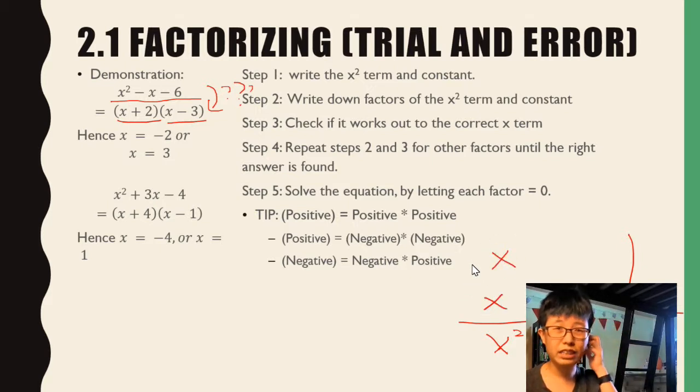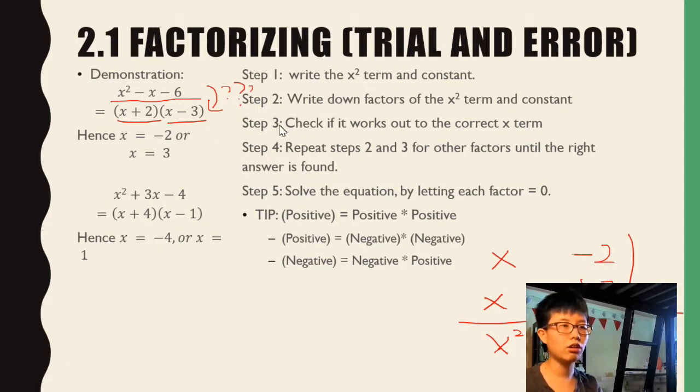You could put half x and 2x, but usually that's not the case. Usually it's just x and x. So for negative 6, we have a couple of possibilities. It could be minus 2 and positive 3. It could be minus 6 and positive 1. It could be positive 6 and negative 1, and all this sort of stuff. We don't know. So in this case, if we try negative 2 and positive 3,